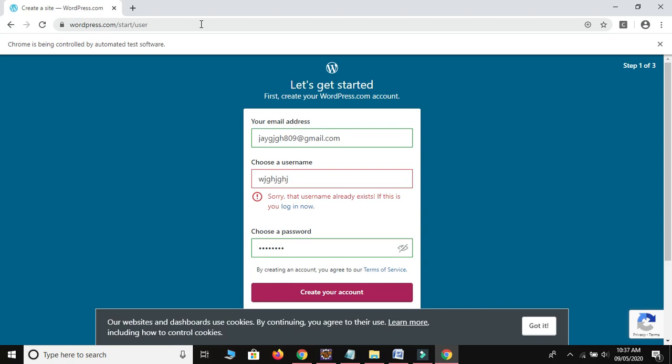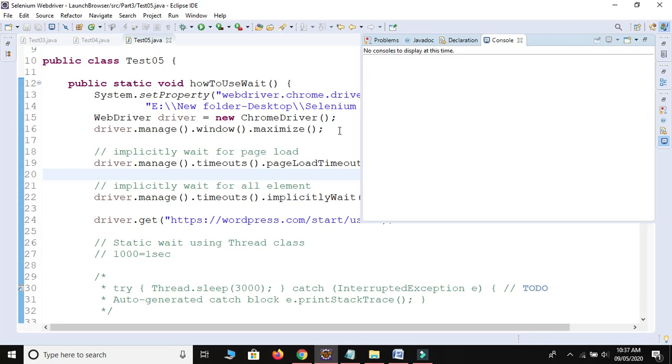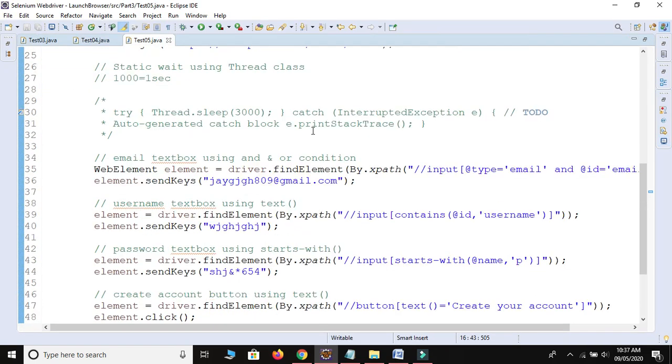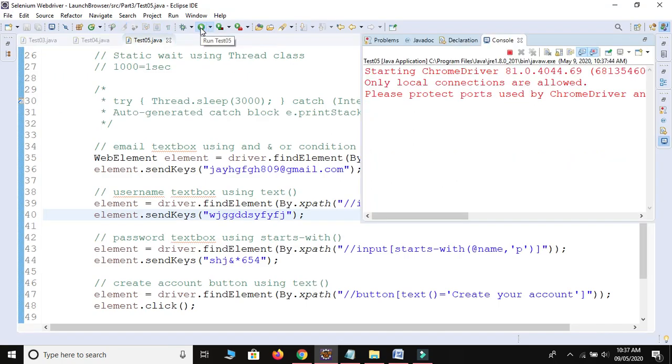We get this error because this name is already used by us. So let me change the name as well as this one also, use Ctrl Shift F, Ctrl S to save, and let me run it this time. This time our script will load and execute successfully.